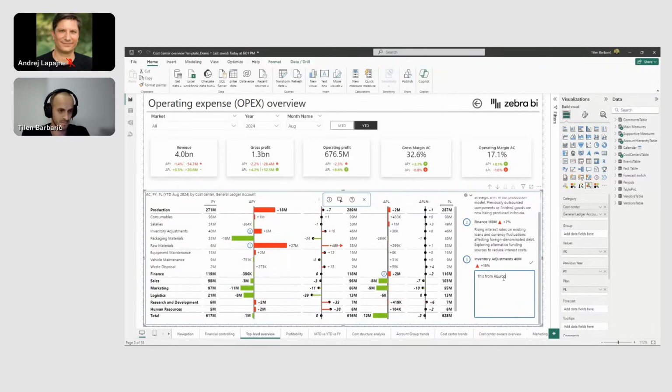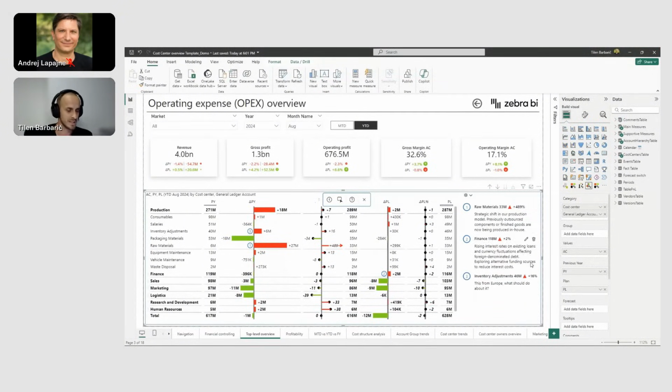Ideally, as a valuable player in your company, you should already try to provide some value added in terms of what we should do about it, to mitigate this in the future. So what should we do about it to mitigate this cost? This is also the place where you can propose your actions and recommendations, which should be